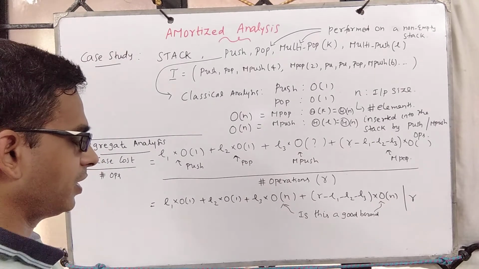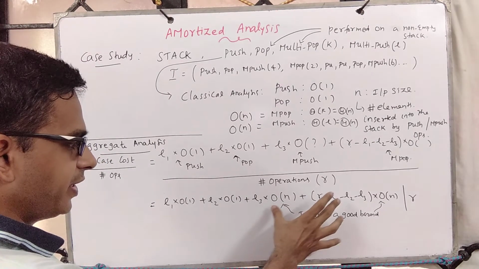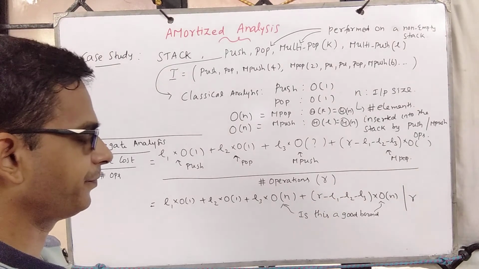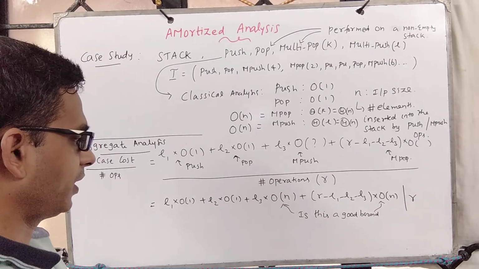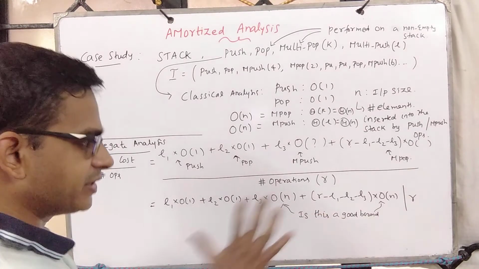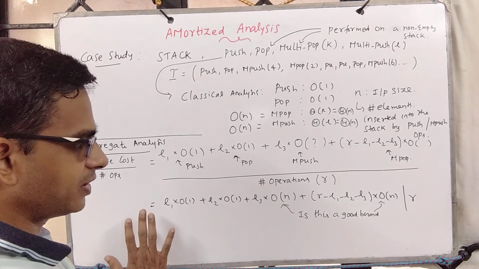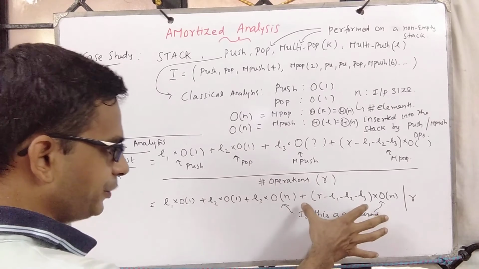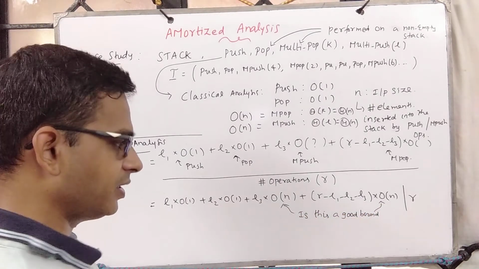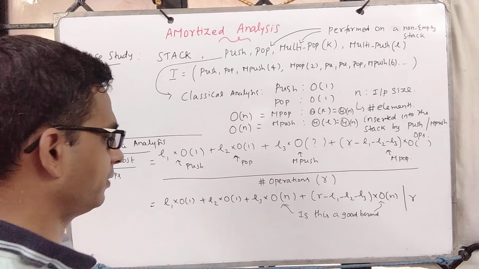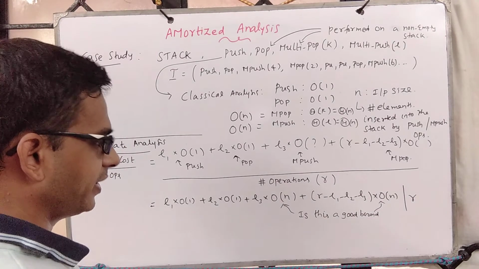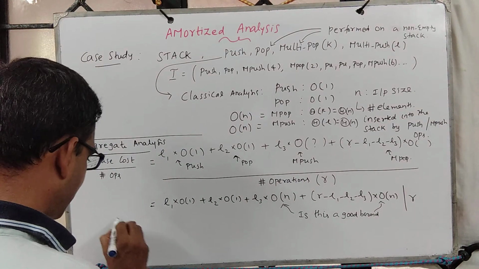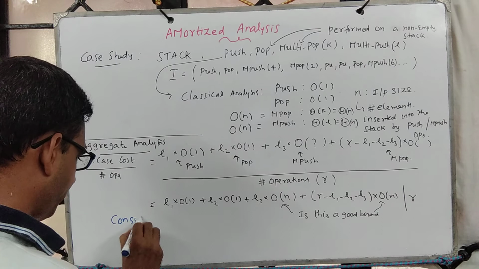In a similar way, is there an input sequence where we get to see these two as functions of n? Suppose such a sequence is there, then amortized cost should focus on that input sequence, and assuming order n is a pretty good bound, because there are input sequences where it is order n. That is one. Let's look at this input sequence.